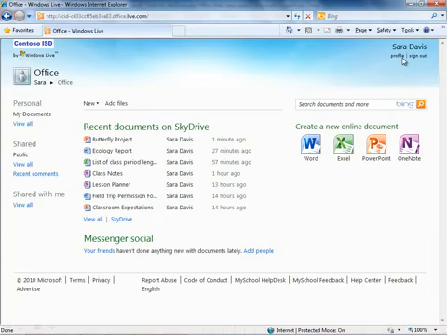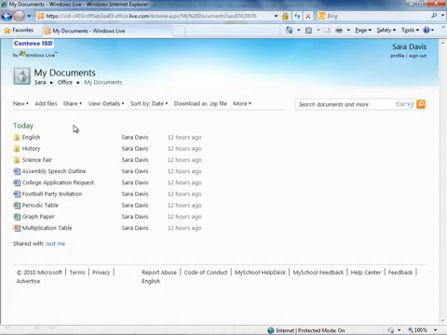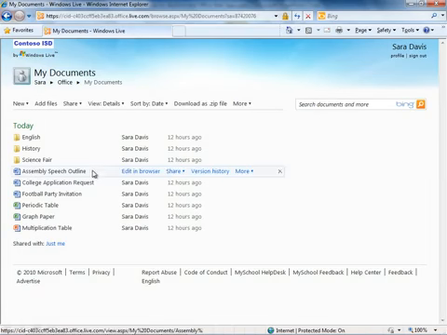Those are the major areas of the SkyDrive homepage. Real quick, if we come over into our folders, again, that's on the left-hand side. I could jump into My Documents, for example. Let me give you a sense of the interface here. So we've got some files here. Across the top, what you see is a command bar. These are folder-level command options, so everything in here relates to the specific folder itself. If I hover over some files down here, you'll see that I'll get some file level commands. So all the commands that you see here relate specifically to that particular file. So two different types of command bars to keep in mind. One for the folder and then one for each